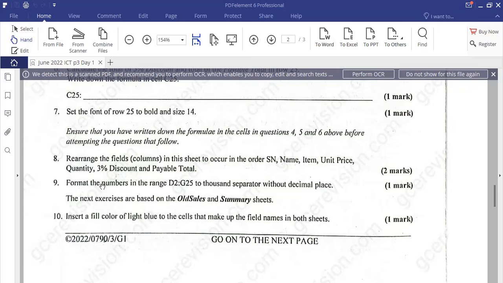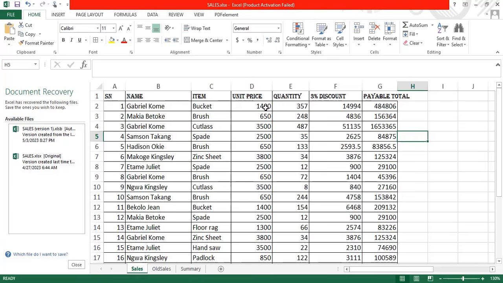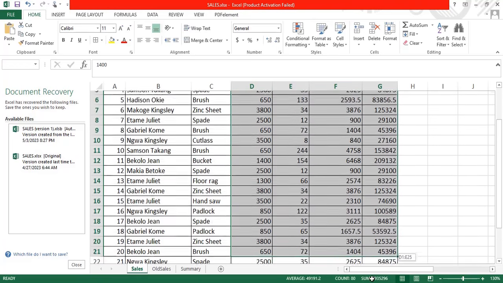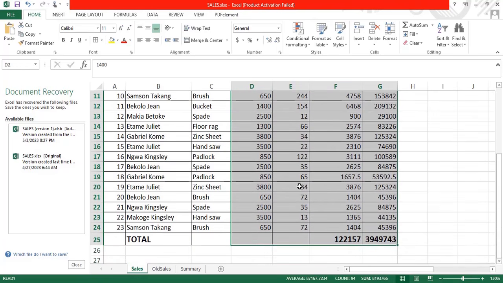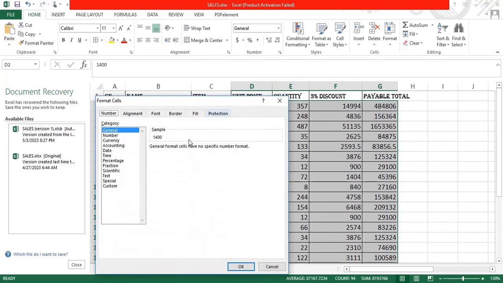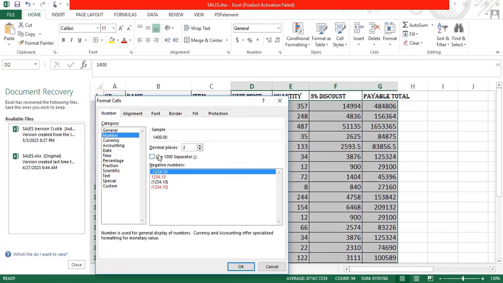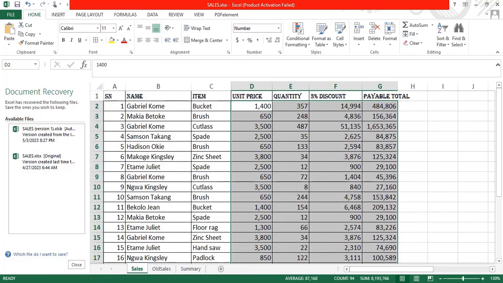9. Format the numbers in the range D2 to G25 to 1000 separator without decimal place. So also select the region D2 to G25. So you format it to 1000 separator. I just click on this arrow going down. This pops up. I go to number. I use 1000 separators. They say no decimal place, so in the place of decimal place, I'll put 0. Then I click on OK. So that's it. The next